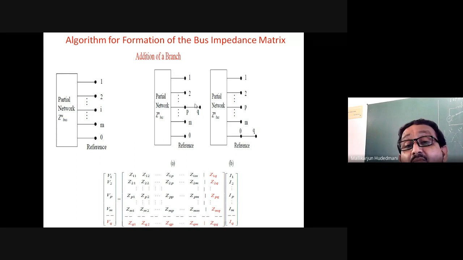When a new branch becomes a member of the old system, it creates one row, one column extra in the Z bus of the previous network. This network had a Z bus. To this Z bus, new member Q is added. Addition of a new bus will create one row, one column extra. You can see that in the matrix form. All the voltages of the buses, V1, V2, V3, VP, VM, all are here. Then all the injections of current at bus 1, 2, 3, where I1, I2, I3, IP,